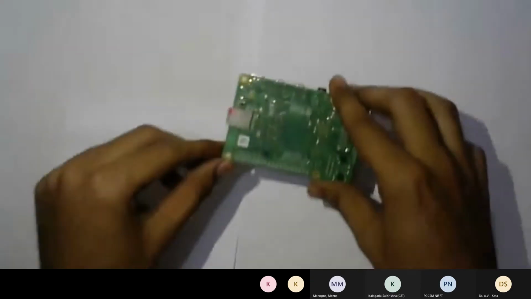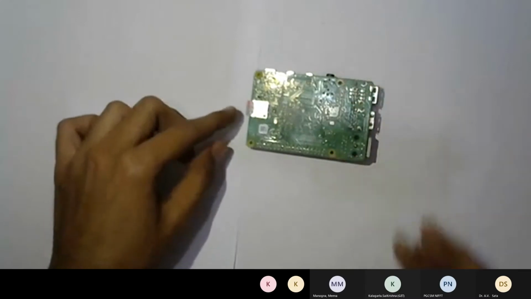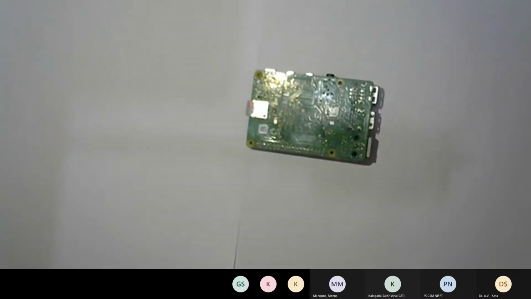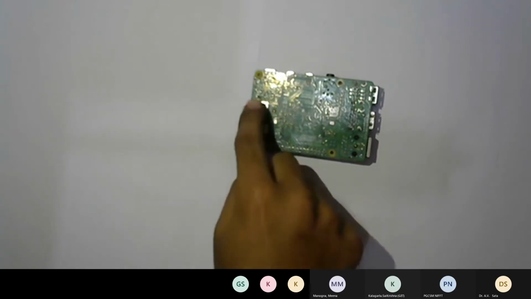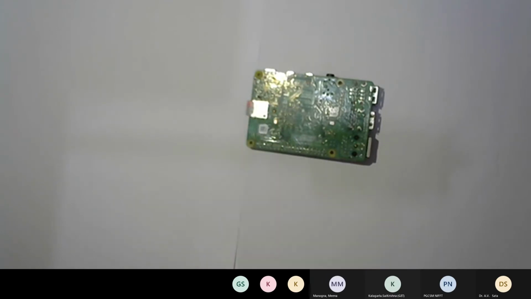Also, to boot this up, we will require a micro SD card. When we are booting up, we place the operating system in this micro SD card that has been given by the Raspberry Pi organization, and basically you can download it from raspberrypi.org.